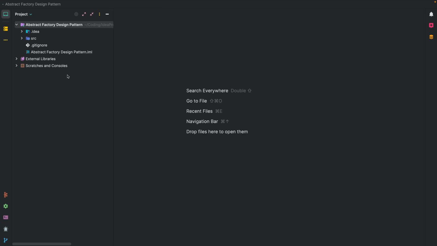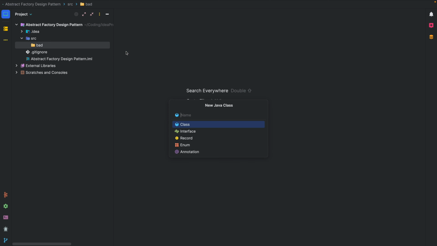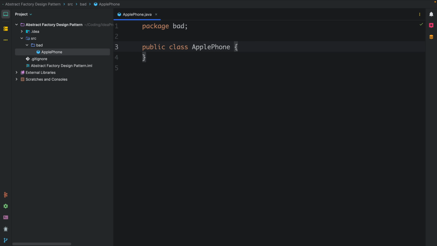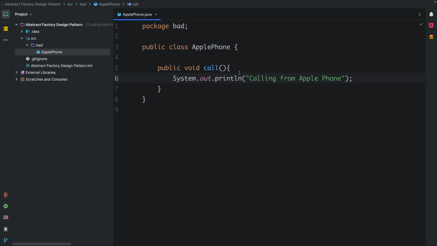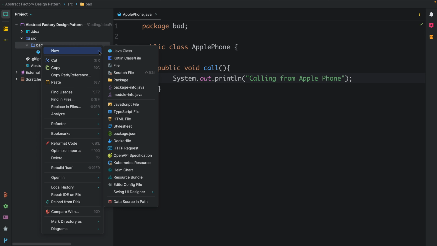Okay, so here let me create one package. Let's name it bad, for bad design. And here I'm creating one class, Apple phone, and in this class let me create one method, public void call, and for the time being I'm just printing the message calling from Apple phone, right? Similarly, I'm creating another class